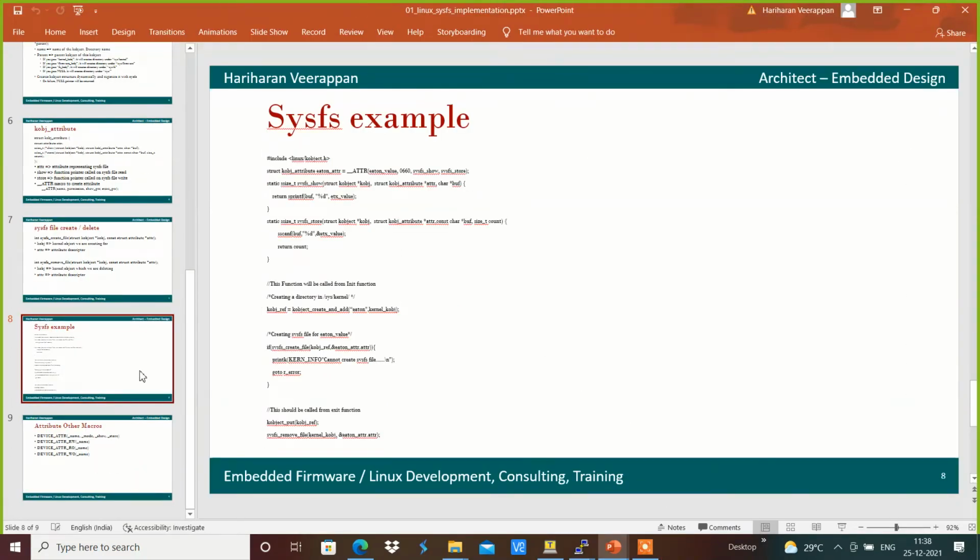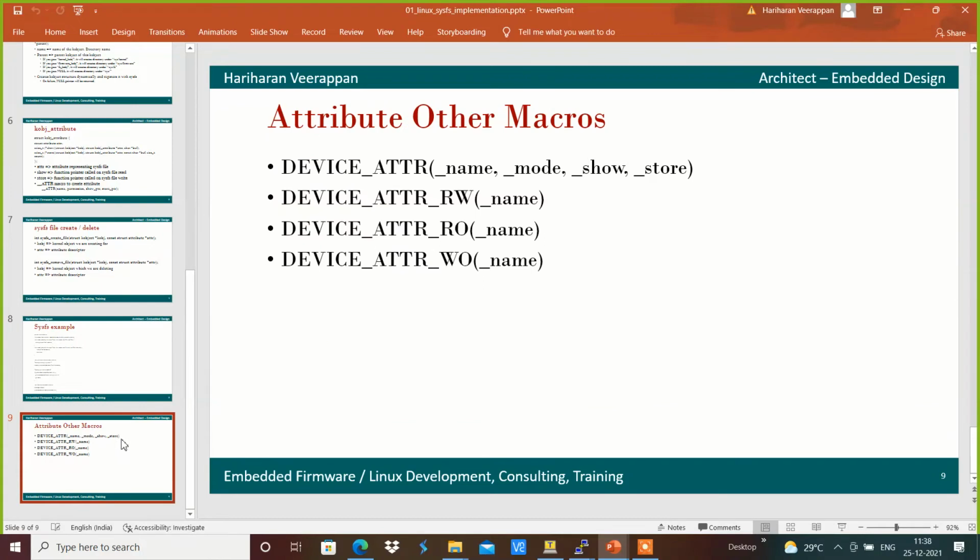We will also have other attribute macros.